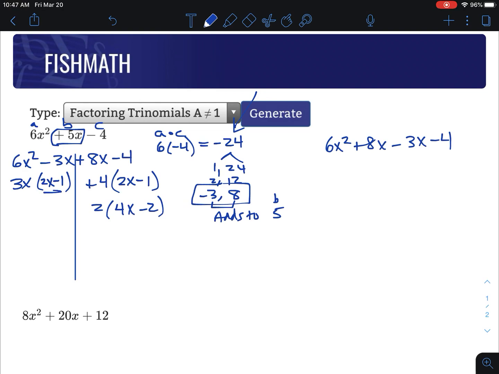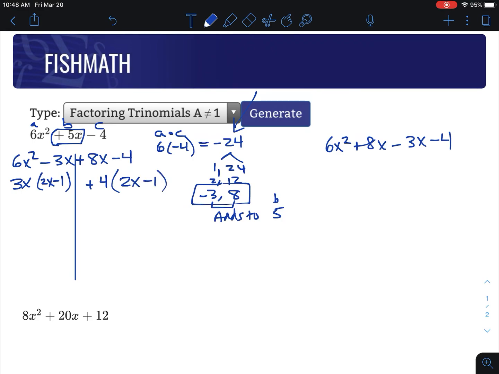And here's how you can tell. These two have to match. If they don't match, we've got to make a match. We've got to be kind of creative sometimes. Like say, for example, instead of using a 4, we used a negative 4, which is possible. You might want to use that in some cases. If we did a negative 4, then it would be a negative 2x plus 1. But then these two wouldn't match. So sometimes what you have to do is actually make the sign work so that they do match. So make it a positive 4 in this case, such that it'll be the exact same factor, 2x minus 1,